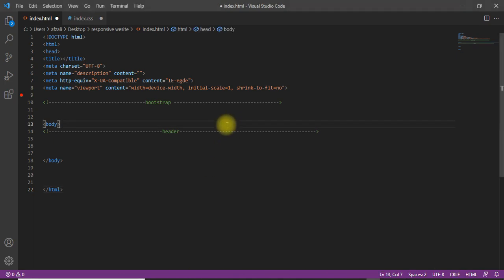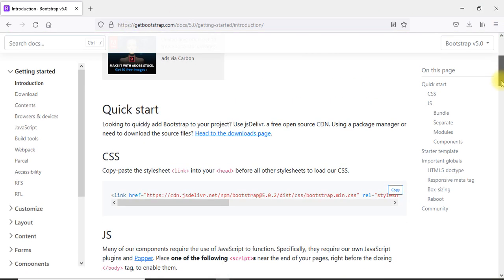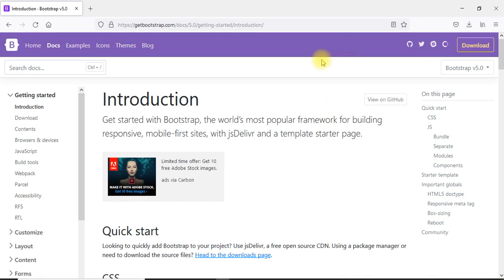So let's begin. I'm using the Visual Studio Code editor. You can easily download it from Google. Now move on. First of all, we are going to add the Bootstrap link. You have two options: you can take it live, online, or you can download the Bootstrap files.